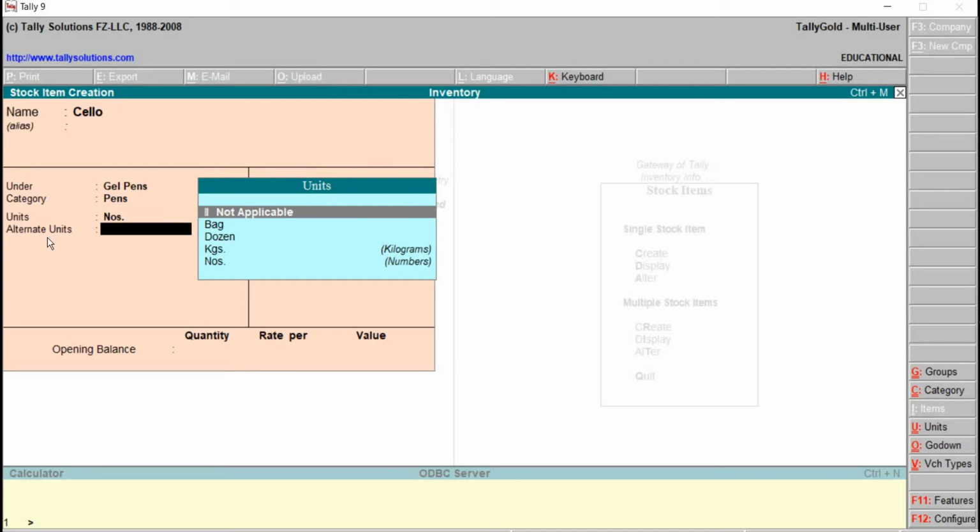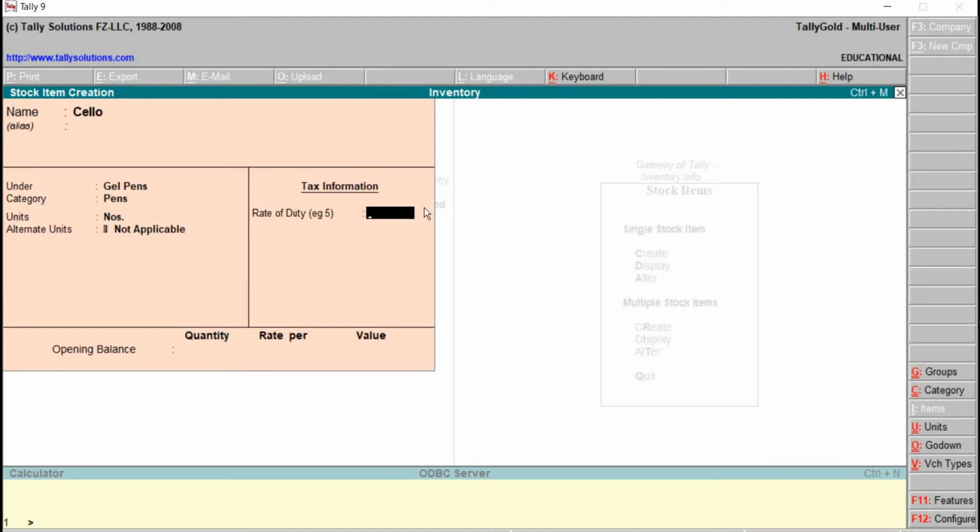But what does that pouch contain? I have just told that one box consists of 20 pouches. But what does that pouch consist of, right? Think that a pouch may consist of 1 kg of sugar or 1 liter of oil, right? Or 1 liter of water. For the further classification, that is what that pouch consists of, in that case we go for alternate units of measure. But right now this is not applicable.